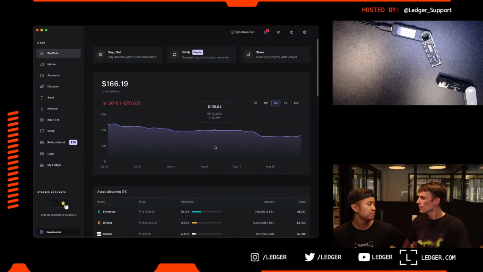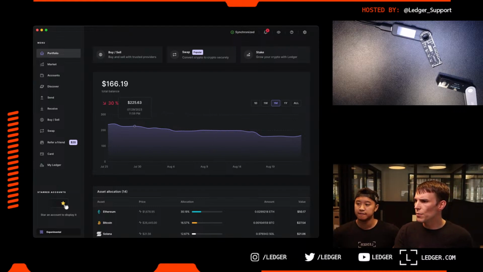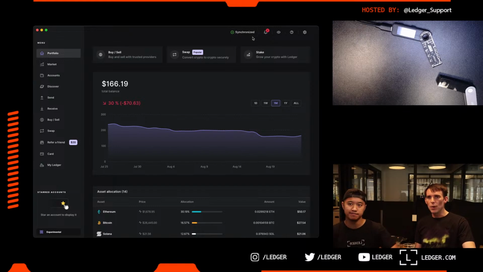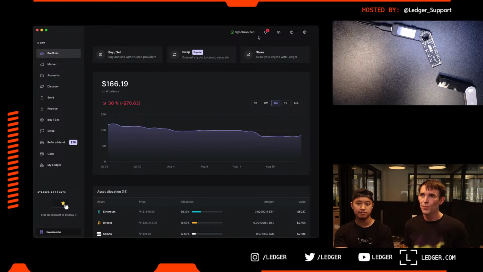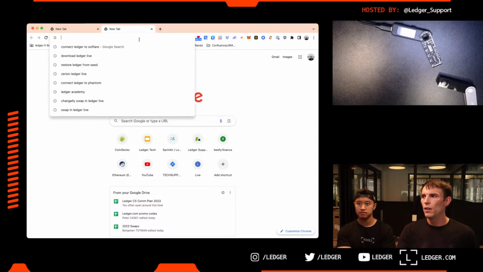And you want to show them how to update Ledger Live if they're too outdated? Yeah. There is a situation with Ledger Live where if you're on a really old version, like if you haven't updated in a while, you may even see an update available at the top in an orange banner. But when you go to click on install, nothing happens, or it won't download or it won't install. And so if you do run into that issue, then the best thing to do is just to go back to